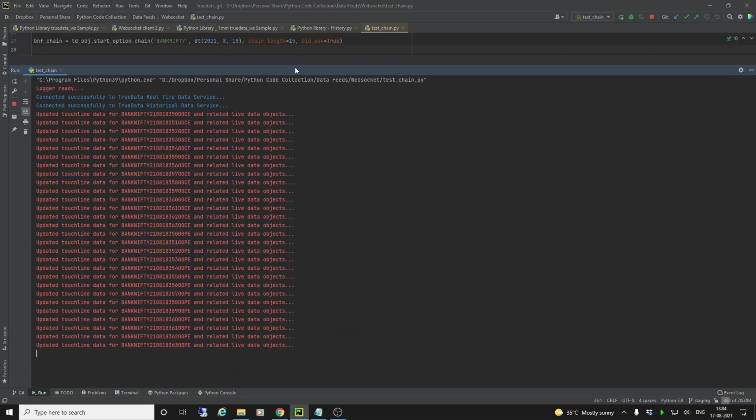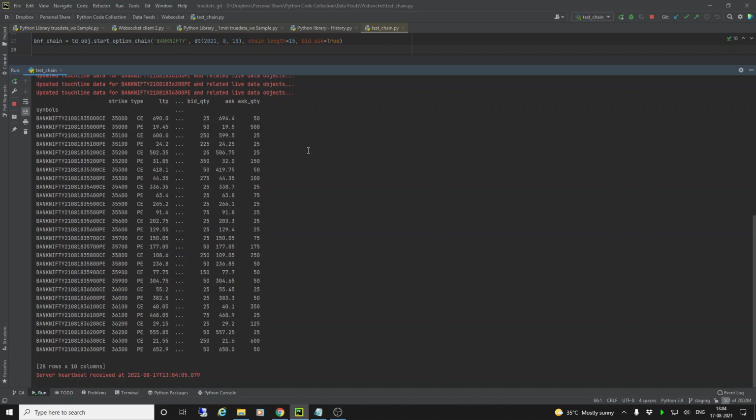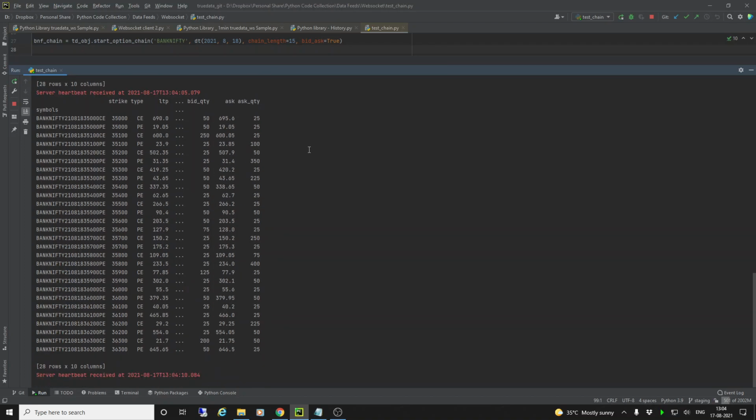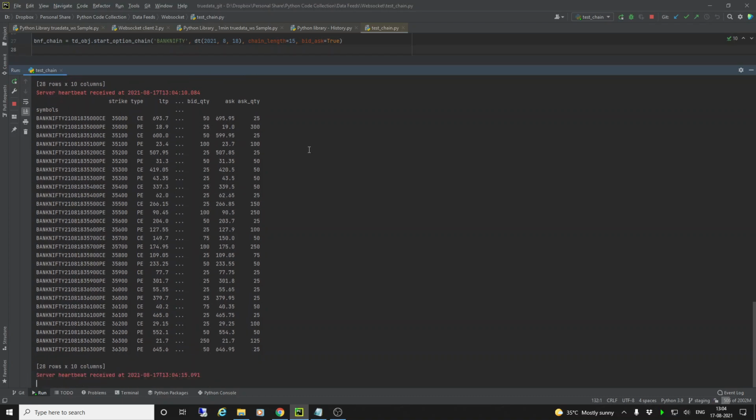Now let's see this. You can see this is the touch line which has come, and now we gave it 2 seconds to populate. Now this is the heartbeat coming. Every 5 seconds, the heartbeat also comes, and you can see the option chain coming every 5 seconds. So this is one way of doing this.